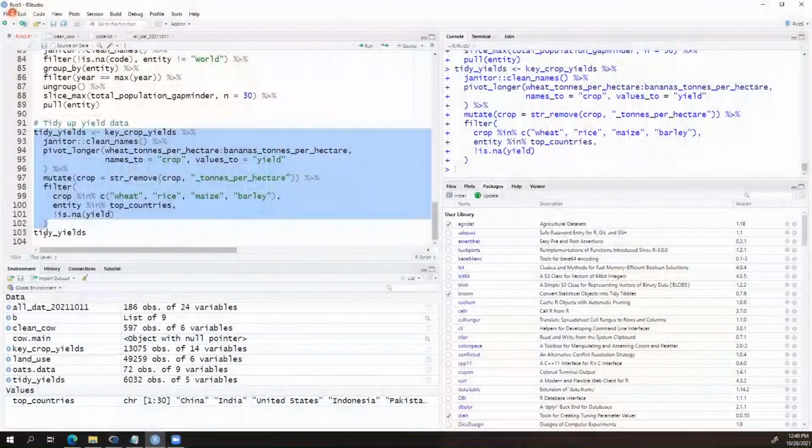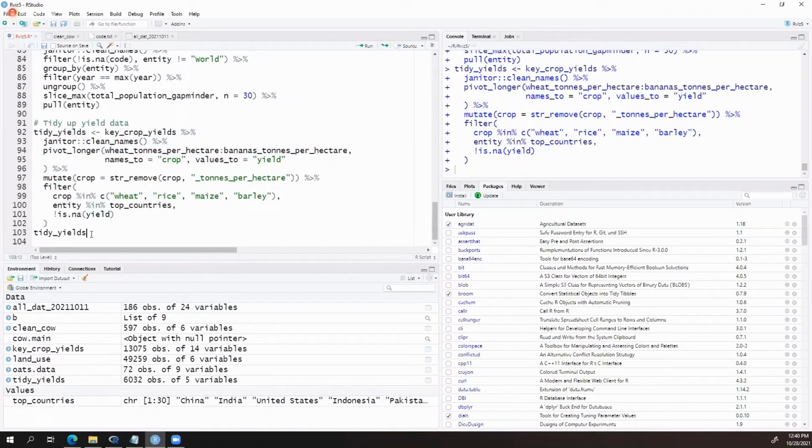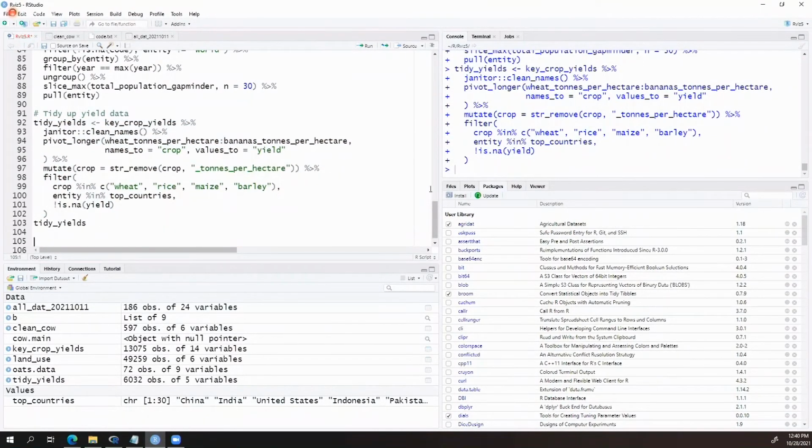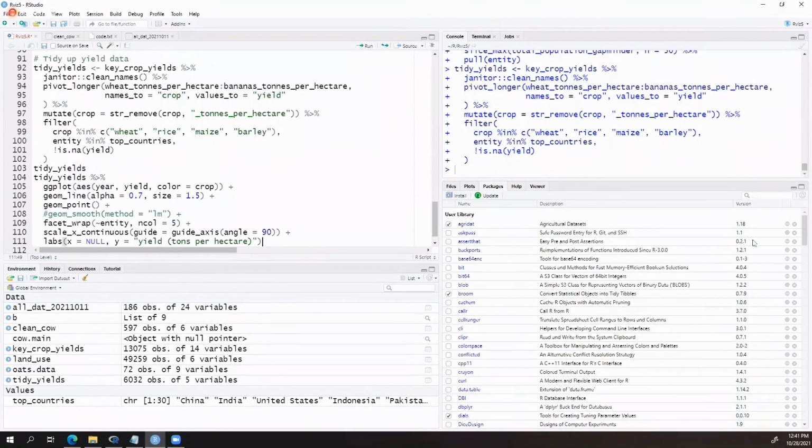And it's there. And then we are going to use our tidy yields, and we're going to show you what that looks like with a plot. All right.